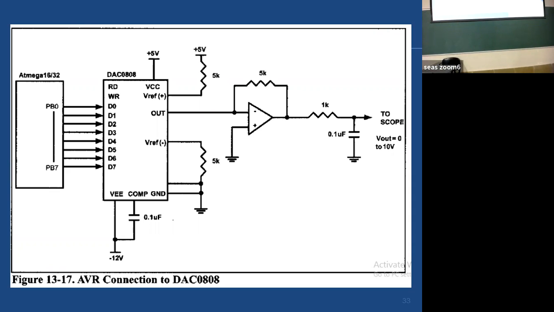So from a programming perspective, our goal is to send the right pattern of 8 bits that goes to the DAC. As simple as that. Right? The rest of the thing is done by the DAC chip. So we'll focus upon how we can generate the right combination here so that the DAC can convert it in an appropriate way.